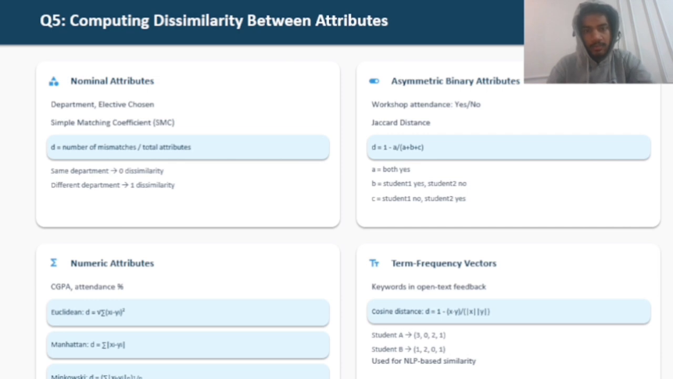So in question fifth, it asks us how to compute dissimilarity for different kinds of student feedback attributes. So let's break it down into four parts. First, nominal attributes. These are categories like department or elective chooser. We use the simple matching coefficient which checks how many attributes match versus mismatch. If two students belong to the same department, distance is 0. If they are different, distance is 1. Second, asymmetric